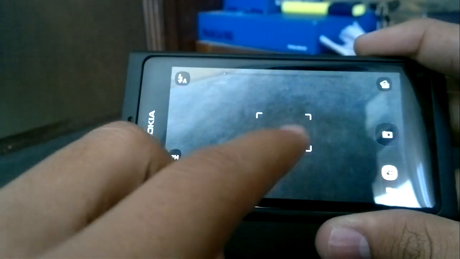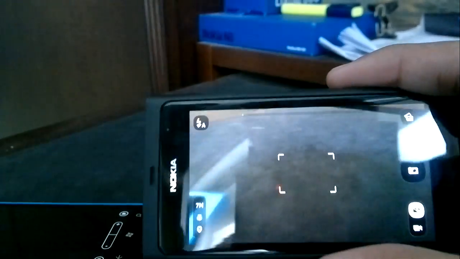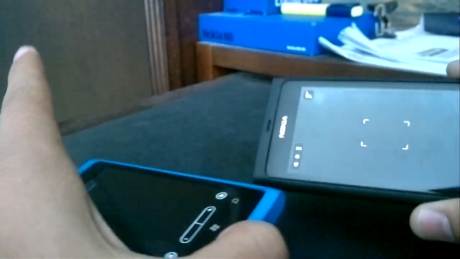And the N9 has the option for you to, well, by default it's off, but you can choose in your settings to view the picture after capturing it, or to just go directly back to the camera. While in the Lumia, it doesn't really make a difference because the gallery is basically part of the camera UI. So anyways,